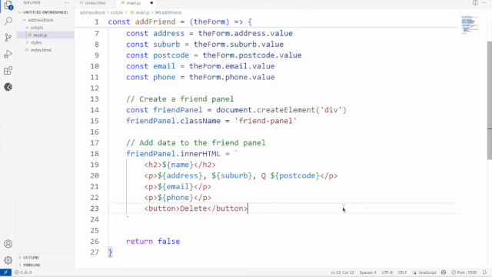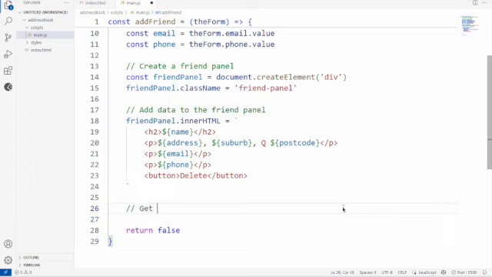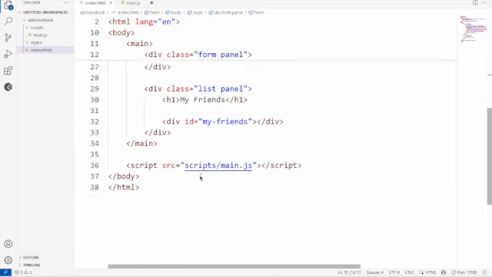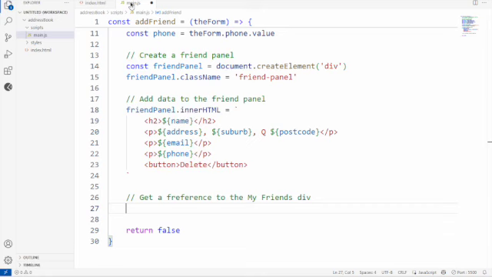All right, next thing we're going to do, oops, I'm still inside that template string, aren't I? It's easy to do. We're going to get a reference to the, I forgot what we called it. Let's go have a look. That second panel. Here it is, the My Friends div. So what we want to do is put each of these panels we create inside this. And so let's go to the My Friends div. And again, constant variable, My Friends